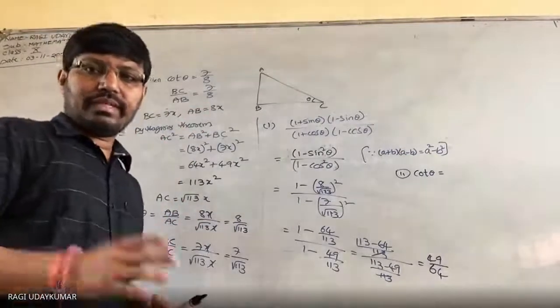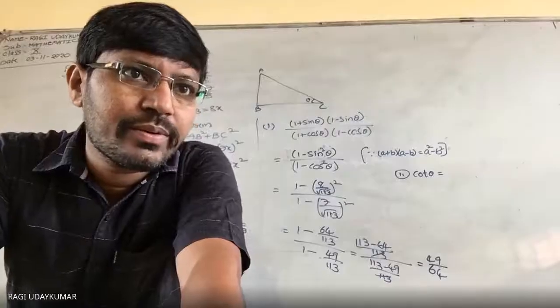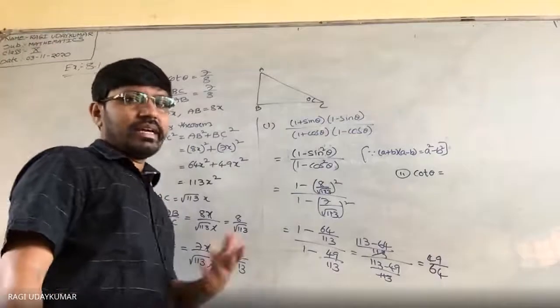Anyone, please see here if I am going on explaining. Prithviraj, yes, tell me what is cot theta you will get. B by BC. What do you get? Okay, maybe there is a network problem. Anyone?